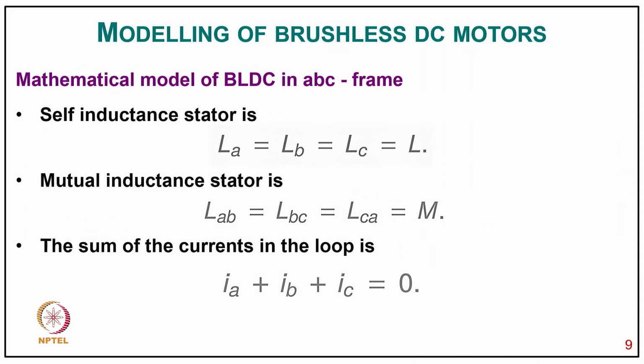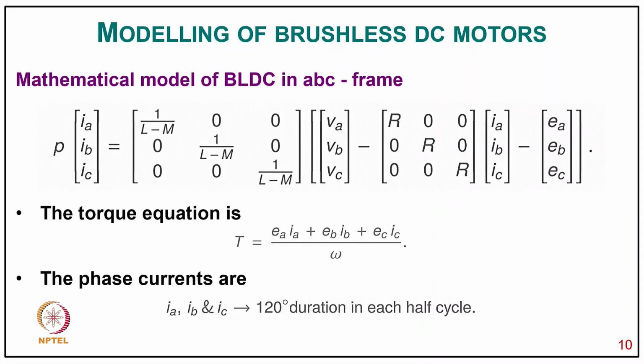Now we can say the self inductance L_A equals L_B equals L_C, because of identical windings, equal to L, and the mutual inductance L_AB equals L_BC equals L_CA equals M, and the sum of the currents in the loop I_A plus I_B plus I_C equals 0 at any moment of time. So now the mathematical model, the derivative of the current vector I_A, I_B, I_C, equals the matrix with 1 upon L minus M on the diagonal and zeros elsewhere,